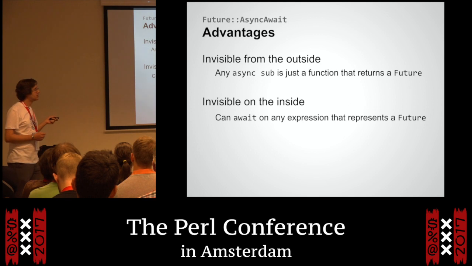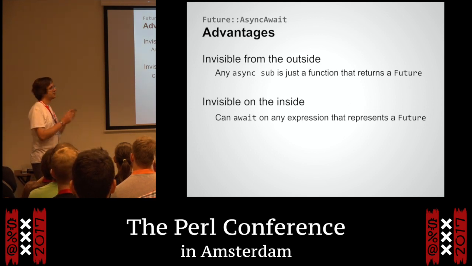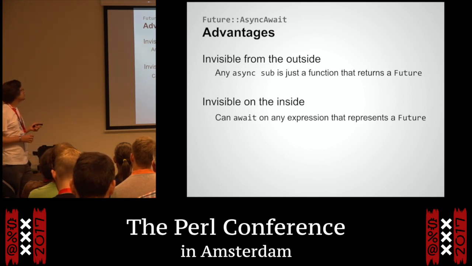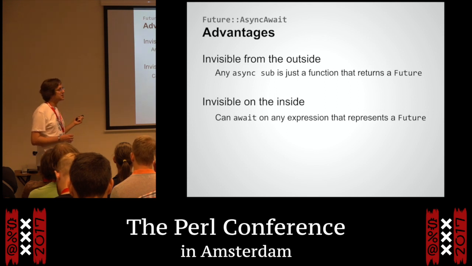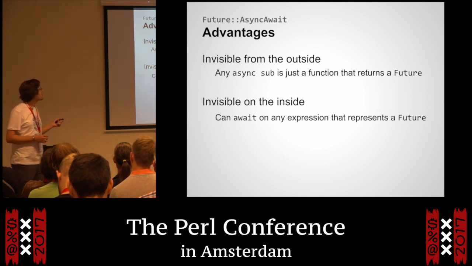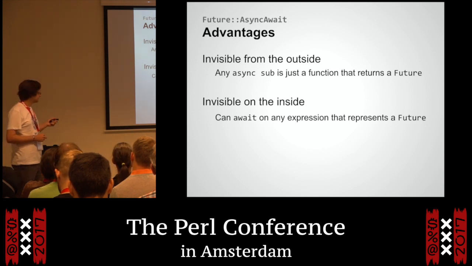Now, a lot of these earlier examples are await function that I know returns a future, or await future->needs_all, or something like that, which again we know is a future. But for example, you could just call await and then some function that earlier you declared as async sub, because you know that an async sub function is always going to return a future, so you can await on that. So these two keywords work very, very well together, but neither of them really requires the other one. And they're all, again, very scoped to just one function.